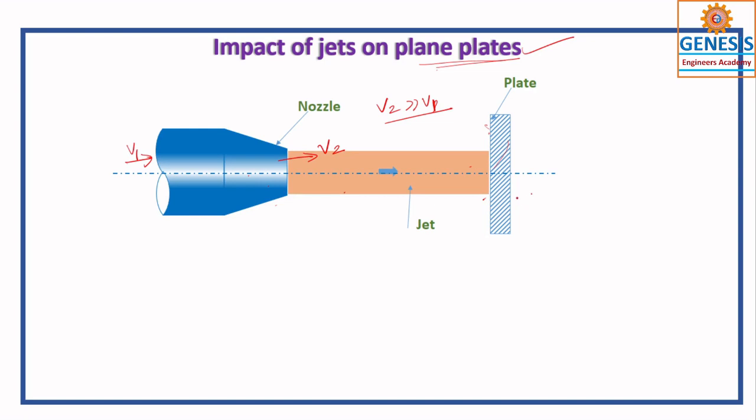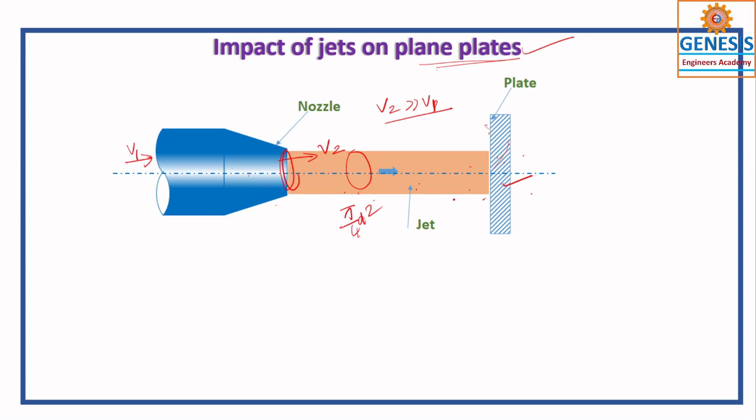So just consider, I have not moved this one, I have not fixed this one. Okay, so this is the jet coming out of that. If this section is circular, the jet is also circular. So the area of the jet, in this case, is pi by 4 d square. With this cross section, this jet is impressed upon the plate, and thereby it moves when there is no restriction, otherwise it stays there only.